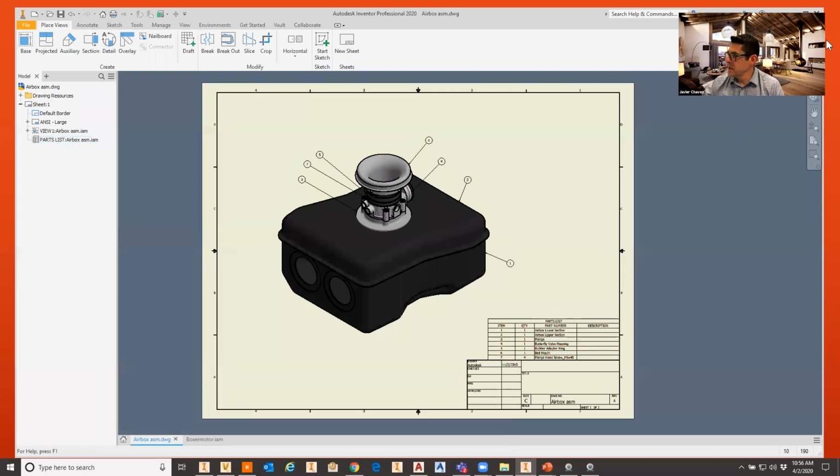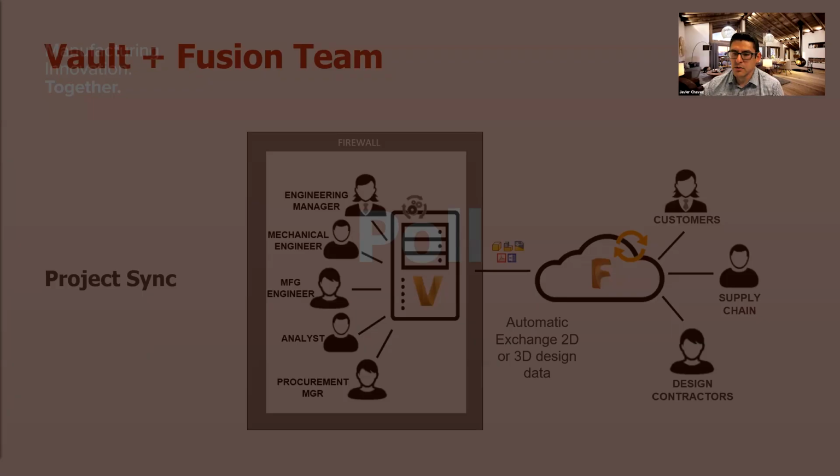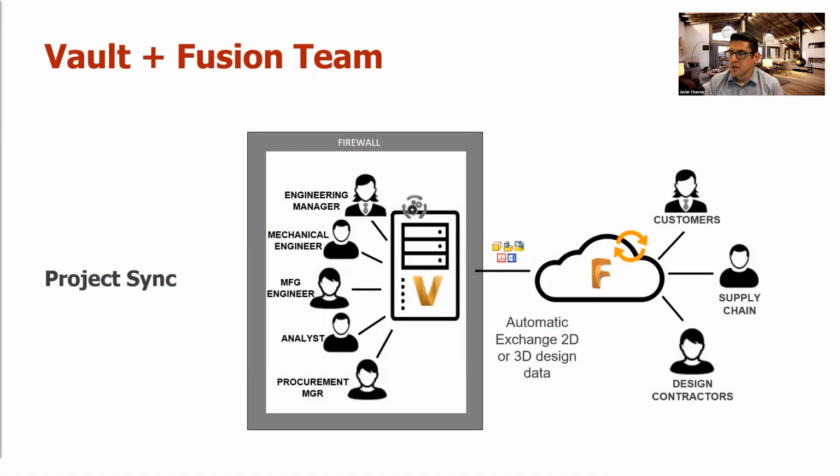Okay, so let's come back to this. Again, the method that we're going to talk about can still be used for internal use. But when we talk about Vault with Fusion Team, it's through a tool called Project Sync. What it does is it takes your Vault, everything you see within that firewall, and it's able to communicate with your Fusion Team and exchange data back and forth. We'll talk about how that works. But the idea is to get it outside of your Vault, out into the cloud without them getting into your firewall, and get that data to customers, other outside collaborators,